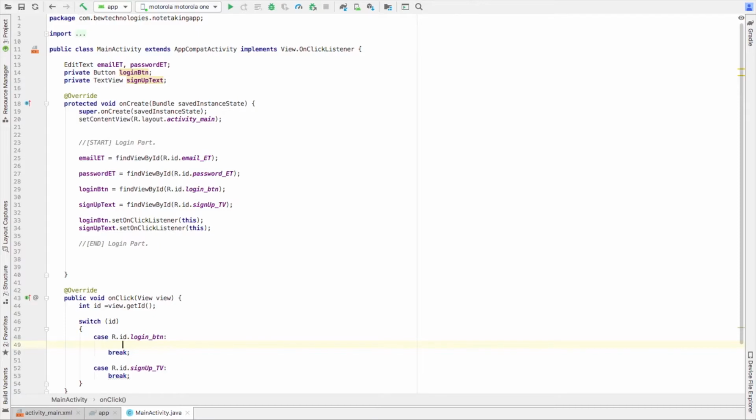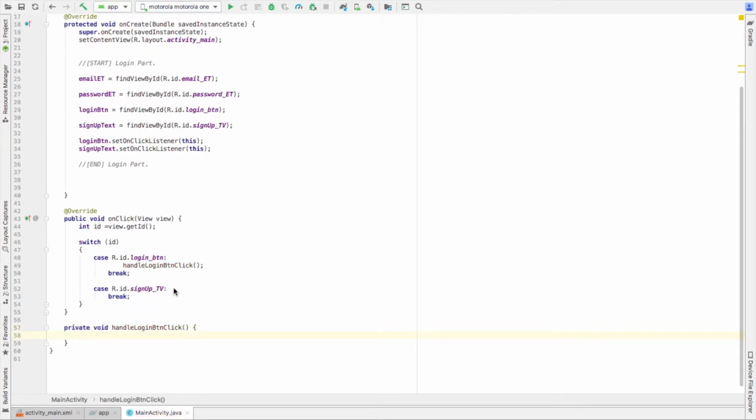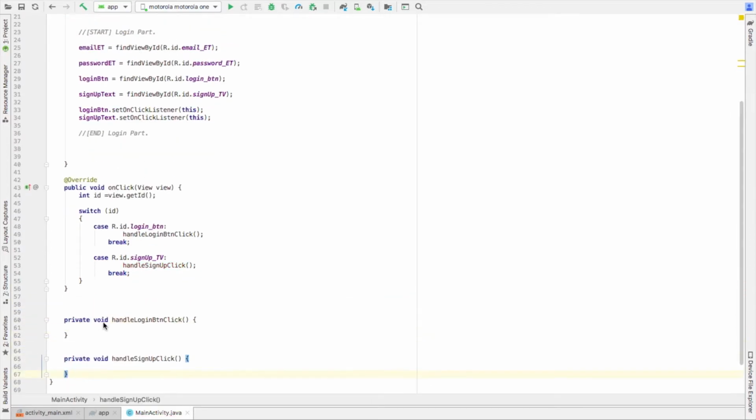Now what we'll do is write a method here called handle login button click. Here I'll put a method, and same we'll do for this. Login button will come first, so we'll just try to put the login functionality here. To do, first we need to check if the email and password are valid. We can't just give any random email and password without validating the fields. We can't just put them in the Firebase. We need to put some condition for email and password.